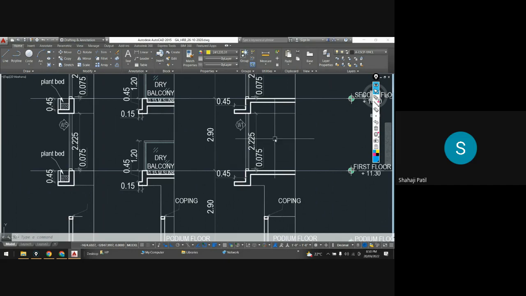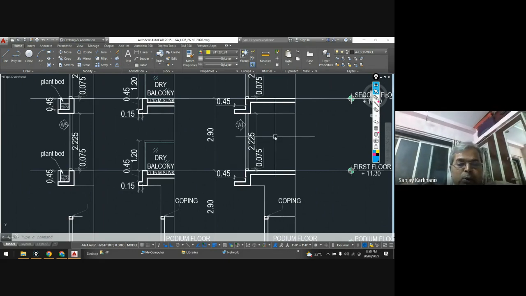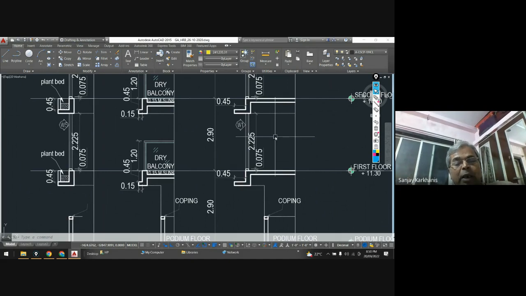Yes, sir. Hello. Yes. Now whether you need lesser depth of the beam or greater depth of the beam, I will say that you must provide the size of the beam as 230 by 600, and whatever are the requirements of the strength calculation, you have to consider through your ASE. Or